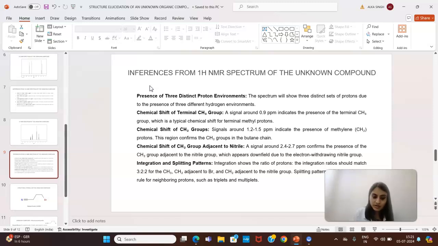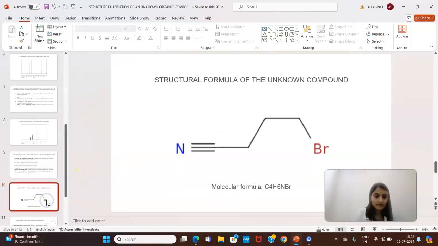And the fifth one is the integration and the splitting patterns. Integration shows the ratio of the protons. The integration ratio should match 3 to 2 to 2 for the CH3, the CH2 adjacent to Br and the CH2 adjacent to the nitrile group. The splitting pattern will follow the n plus 1 rule for the neighboring protons, such as triplets and multiplets. The next slide will discuss the structural formula of the unknown compound,